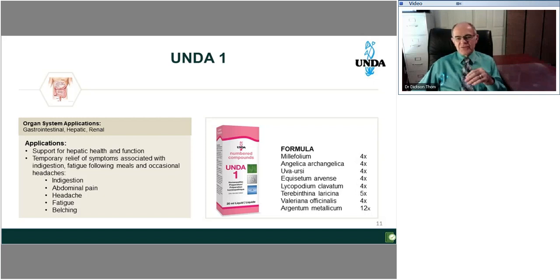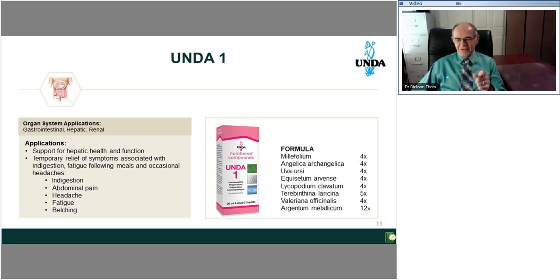Now, what's important also to remember, thankfully to the founders of the UNDA numbers, who were eclectics, who basically were herbalists, they were homeopaths, they had an understanding of anthroposophy, they had an understanding of Chinese medicine, there's a very specific way that these remedies need to be formulated. Why? Because when we have the formula, as you see it sitting there, people say, oh, that's just a combination remedy. It's not a combination remedy, and the reason it's not is because UNDA 1 has